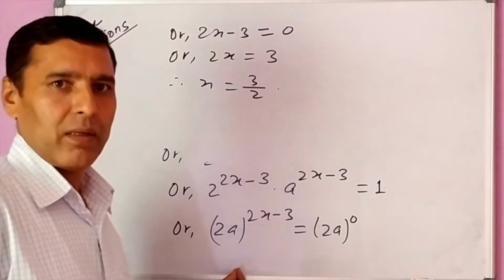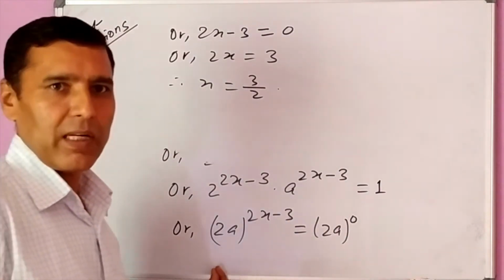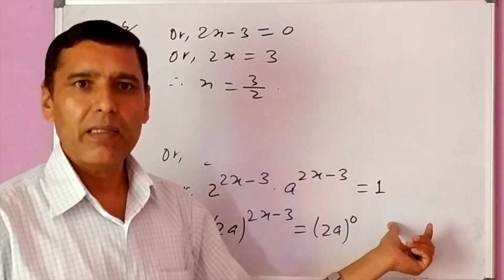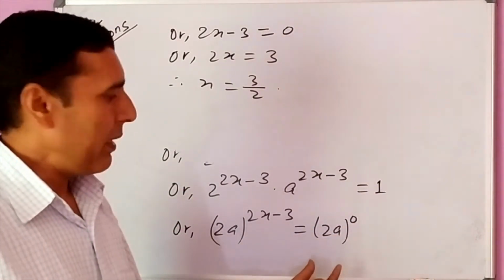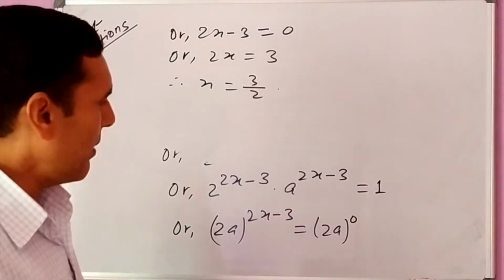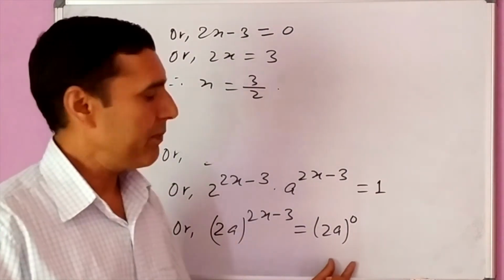So this is one very important technique to solve this type of exponential equation: bring the whole right hand side to the left hand side, and divide, so that 1 remains on the right hand side. When we have 1 only on the right hand side, we can raise the power 0 of any base.